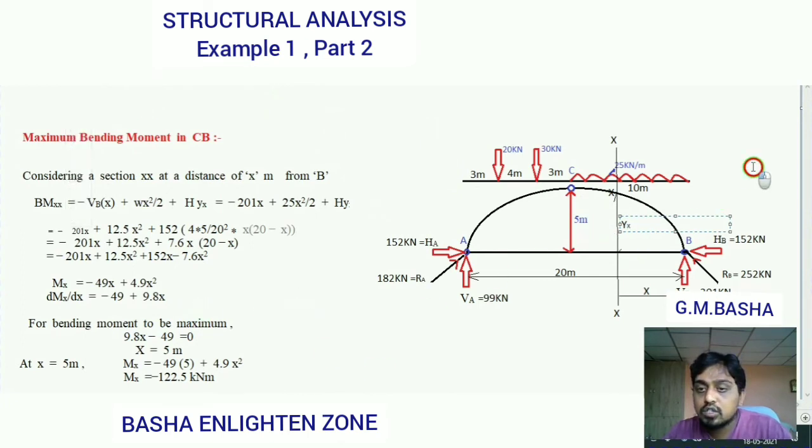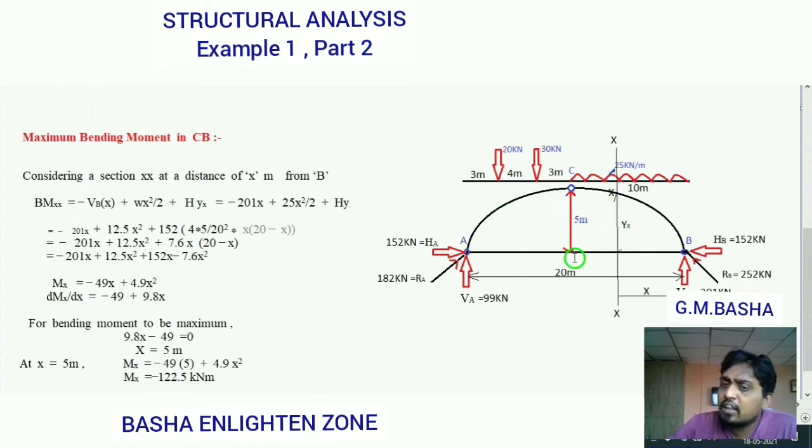So see here, this one will be yx. And what is this for? If you want to know this yx, what is the formula? The same formula as for the point D, what we know. So if at any point you have to know the rise in between the crown and the springings, the formula will be 4r by L square x into (L minus x), where r equals the central rise, L is the total length of the span, and x is the distance mentioned. So please remember this one.